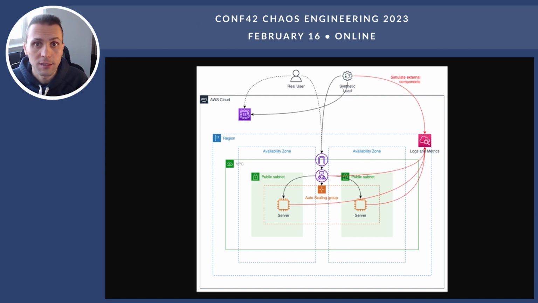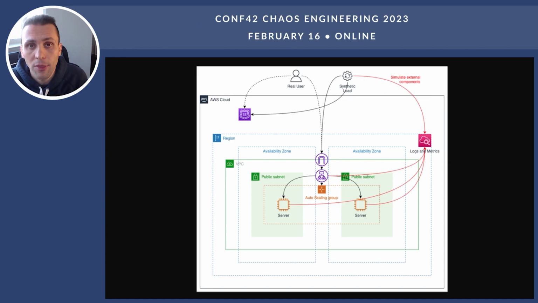So I have 2 instances as part of my auto-scaling group. I want to terminate one, and then I want to use my monitoring dashboard and the observability data that I have collected to understand what type of behavior my application has. It's very simple, but I'll show you step by step how you can create that using fault injection simulator, and then we're going to look at some of the results. So the hypothesis there is: I have an application that has 2 EC2 instances managed by an auto-scaling group. What happens